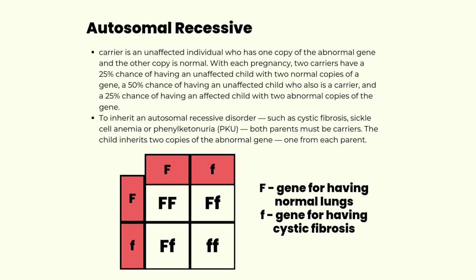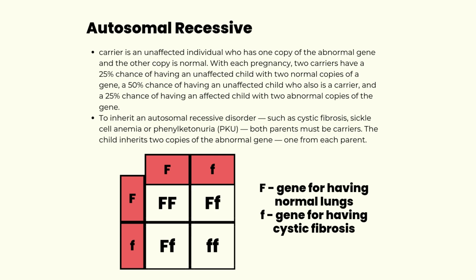And so if there is one copy normal and one copy abnormal for each parent, that would be heterozygous. Looking at cystic fibrosis, which is an autosomal recessive pattern of inheritance genetic condition,